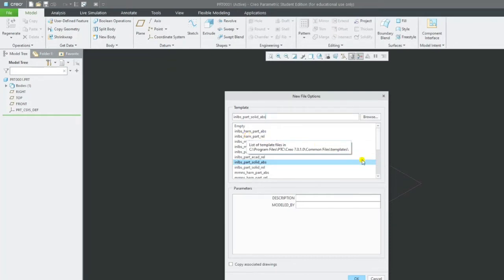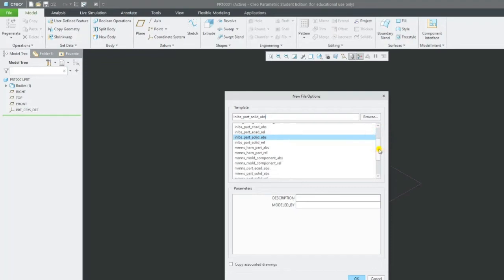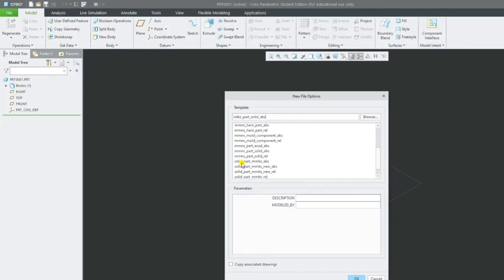Since we are using the MKS system, we slowly move downwards and check this one. It's called solid part mmks, so millimeter kilograms. So we want only this one. We check this one. Even if you make the drawing in other templates, it doesn't make any difference, because the drawings we make are generally dimensionless drawings. After that, we mention it in terms of scaling.